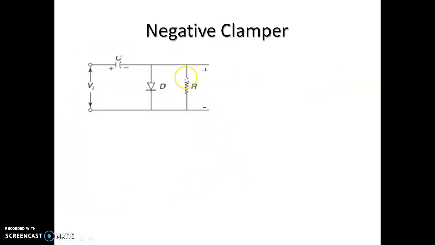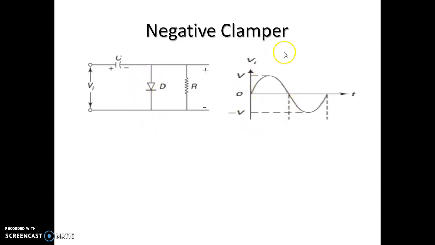Now let us see the working of a negative clamper. So this is the circuit of a negative clamper. Now we have to start the analysis with the portion of the input which forward biases the diode. So that is the first step. Now let us assume that this input is applied to this negative clamper. Since the diode is connected in this condition, we have to give a positive voltage at this point in order to make the diode forward biased. So we have to start the analysis with the positive input.